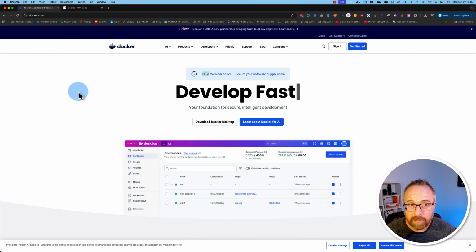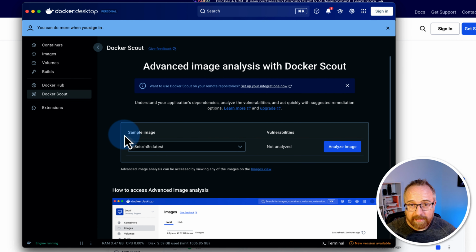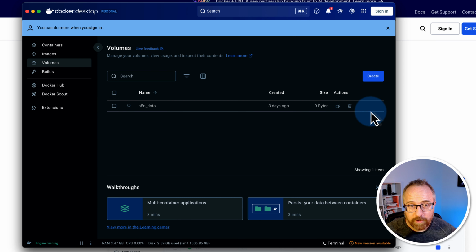Once you have Docker Desktop installed, you can open it to run it, and this is what it looks like. I'm not even signed in. I don't even have a Docker account, so you don't even need that to make this work. If you have one, that's great. I don't have one. So the next thing we have to do now is go to Volumes, create a new